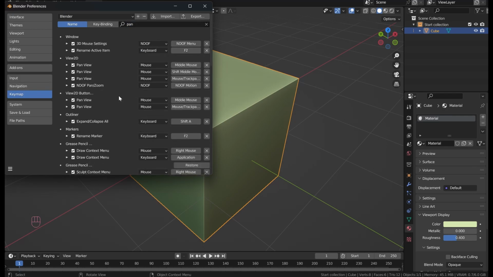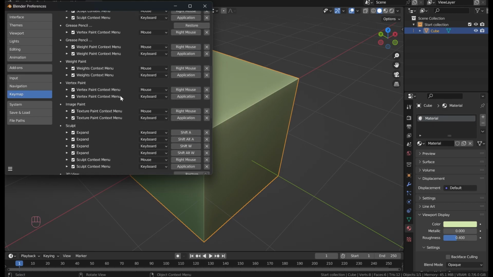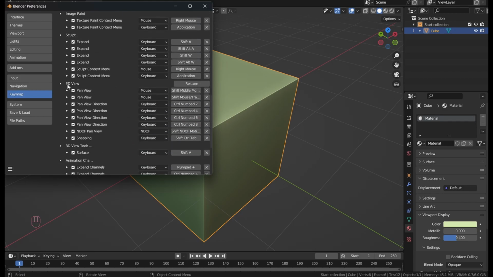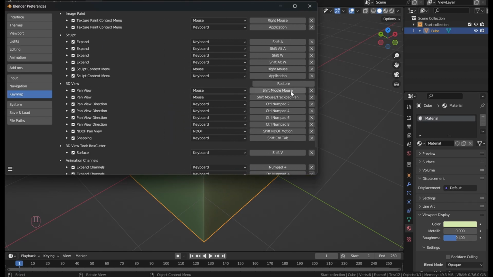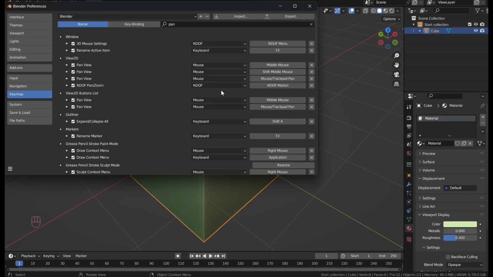You scroll down a little bit until you find 3D View, and in 3D View you have Shift middle mouse. You click on it and you make the keybind that you want for panning around, and then after you set this